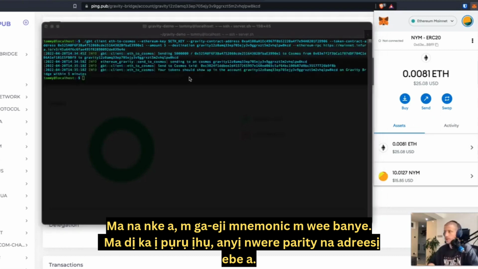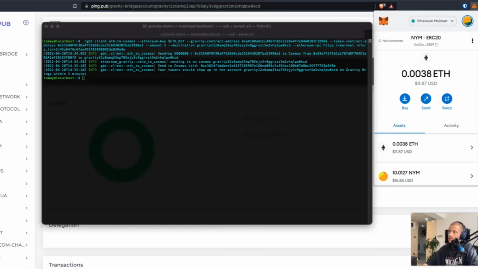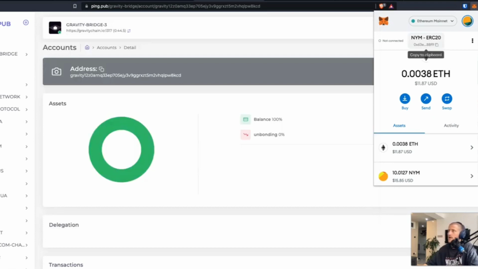We can now see that the transaction was successful, and in a short period of time, we should see the tokens within our Gravity Bridge wallet. One thing to note, as you can see on my MetaMask wallet, we have now been deducted some transaction fees, and also you can see that the NIM value has deducted by 5. If I was to copy my wallet and go to Etherscan